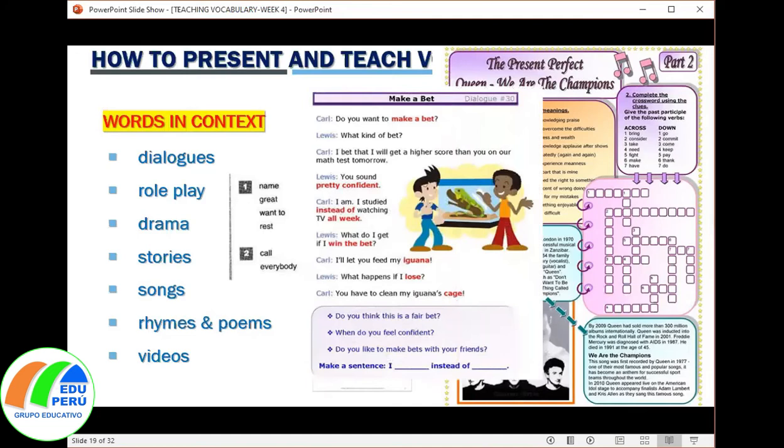And the other one is to use dialogues, role plays, dramas. For example, make a bet. Notice,